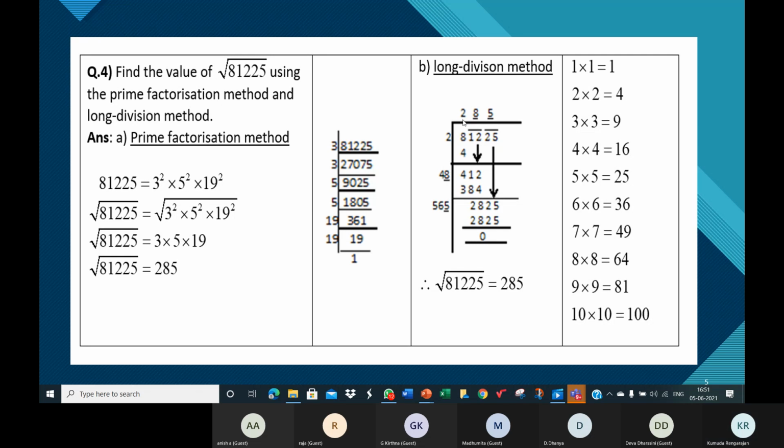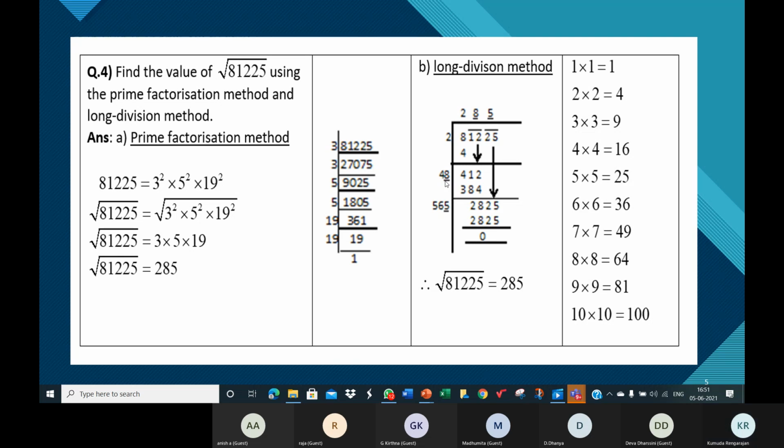After this, what do you have in the quotient actually now? Now the entire quotient completely is 285. But what do you have now? You have only 2, right? Double the quotient. Meaning multiply whatever you see here by 2. When you multiply 2 by 2, it's 4. Write 4 here. That is, you have the remainder 4 and 1, 2. You brought 1, 2 down. Beside that, write 4.